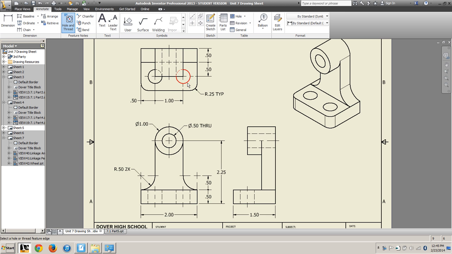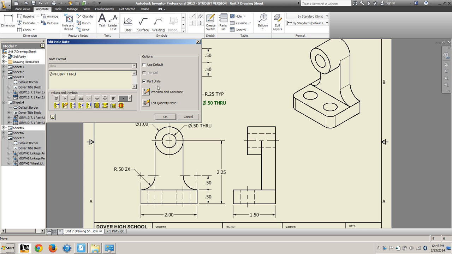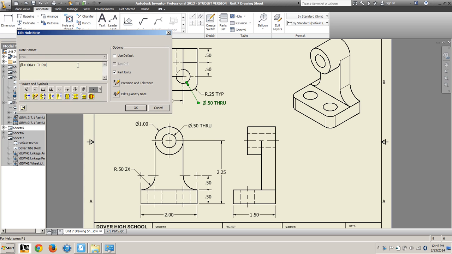We also have these holes up top, and we always dimension the hole from the view that shows it as a circular feature. Now when I create this one, that's a 1/2-inch through hole, but there's 2 of them, so I would want to add a quantity note to that. Now what you could do, I just double click to edit the hole note. What you could do is type the note, but if there's a bunch of them and you don't want to count it,